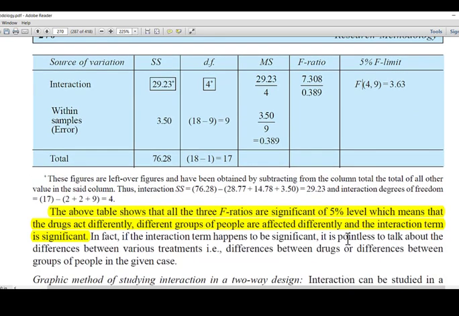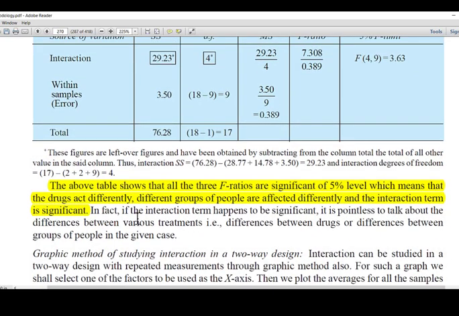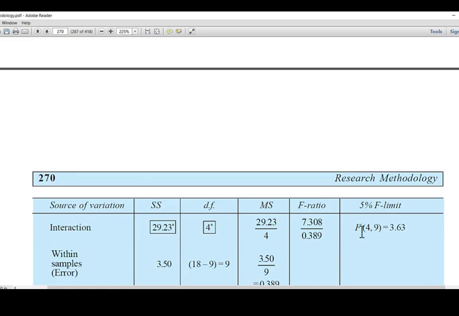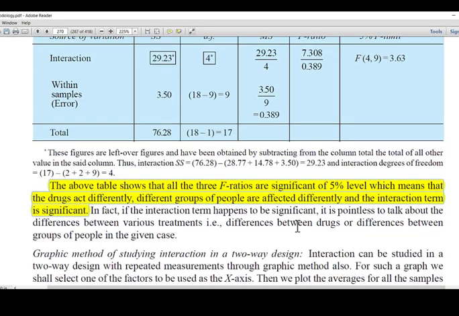are very significant. So what we can say is that the drugs react differently, different groups of people are affected differently, and the interaction term is significant. So this is our conclusion. We don't say that drugs react in the same or a similar manner, and that different groups of people are not affected differently. We can't say that, because all these three F ratios are more than these tabulated values. So this conclusion is right,